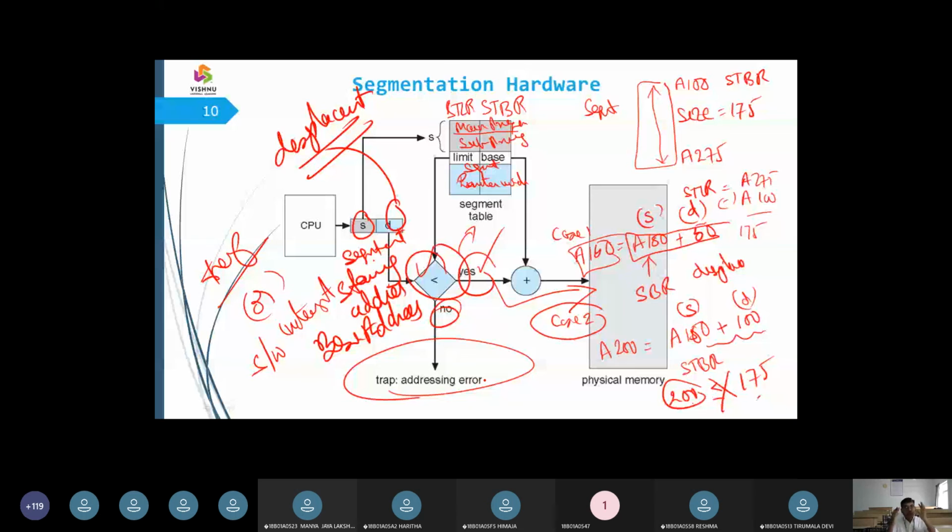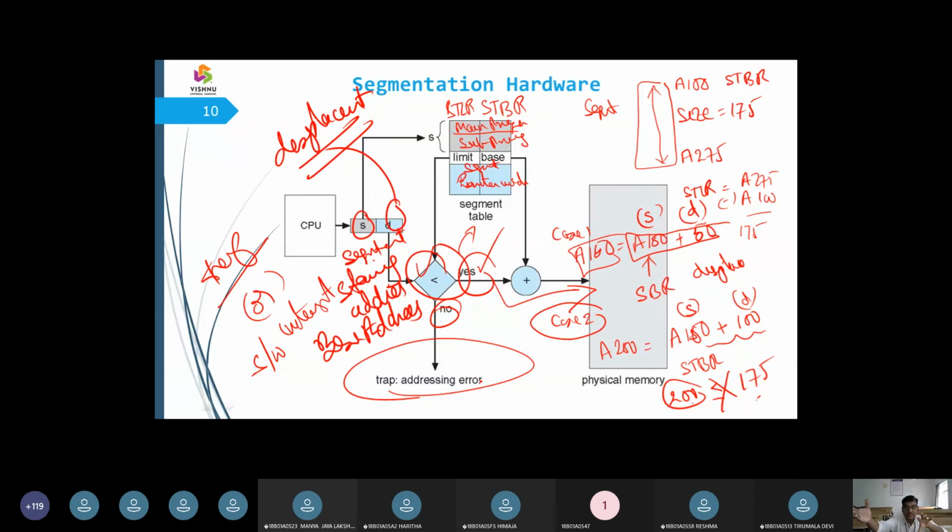So we took two case studies. In one case study the value was within the range and it takes up an address which is inside a segment. In the second case study, we generate an effective address by taking a base register and adding the displacement value. If the displacement value was within the segment, it gives a good address which is available in physical memory. If the displacement was not in the range, then it gives an error.